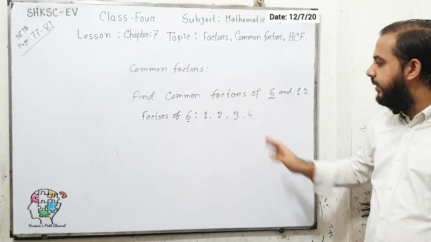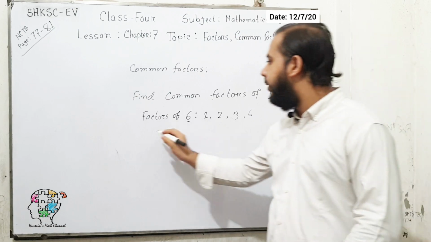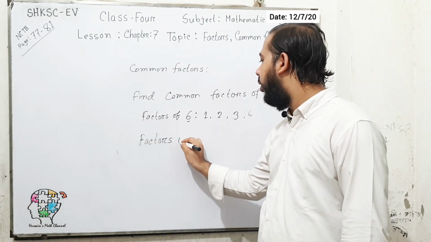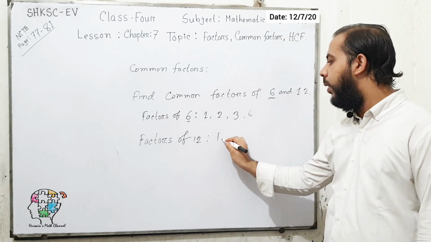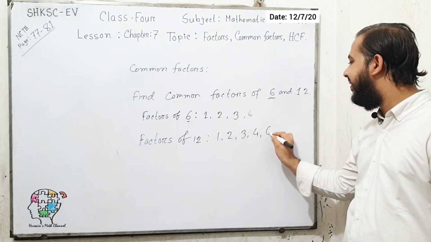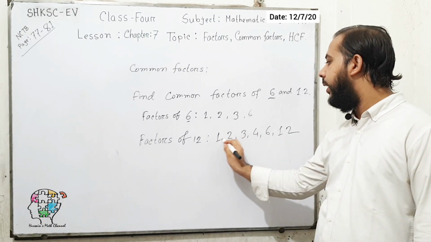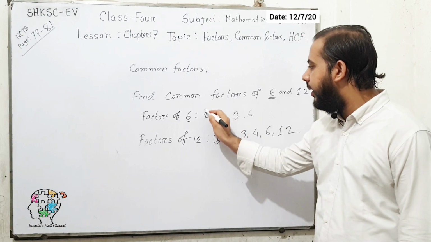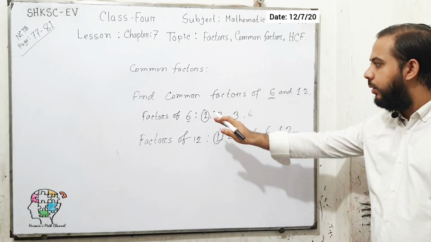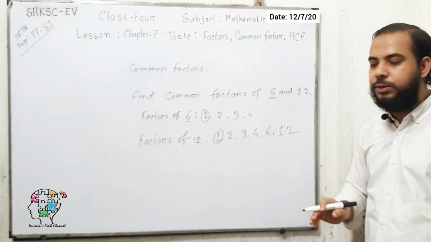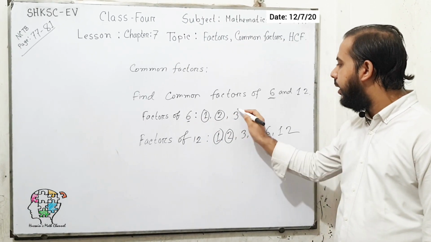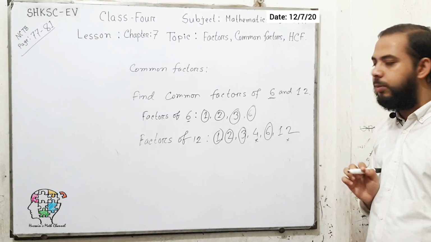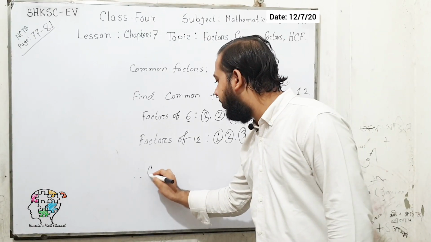So factors of 6 are these 4 numbers. Now if you remember factors of 12, at first we find the factors of 12. Factors of 12 were 1, 2, 3, 4, 6 and 12. Now 1 is common in both the factors of 6 and 12. 2 is also common, 3 is also common, 6 is also common, but 4 is not common, 12 is not common. So common factors are